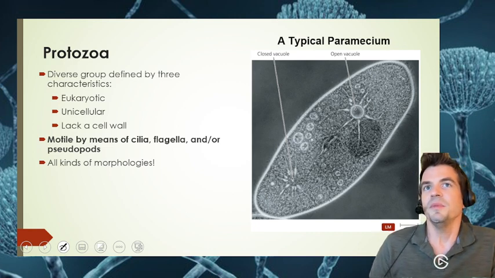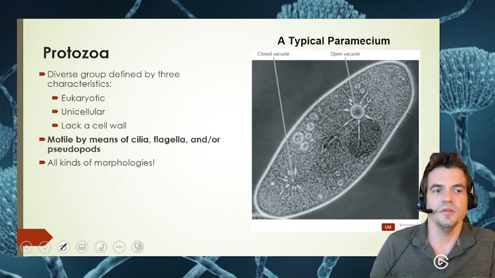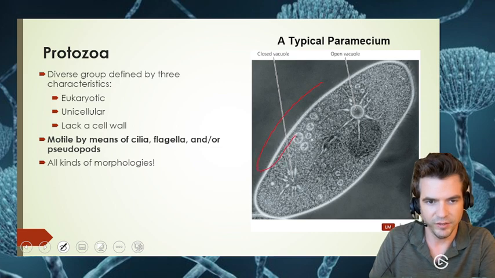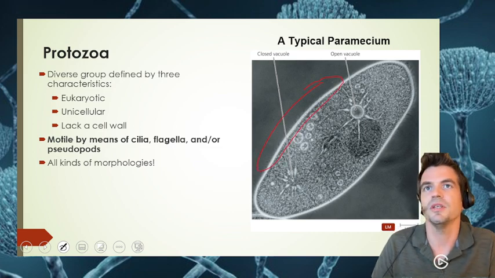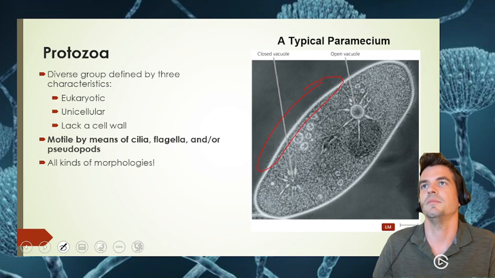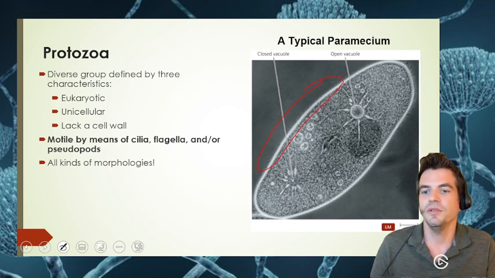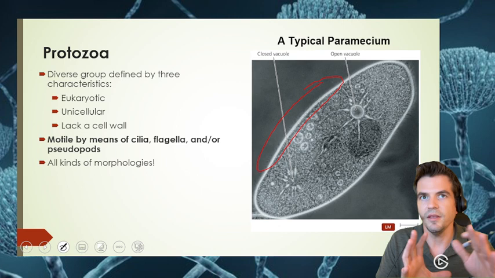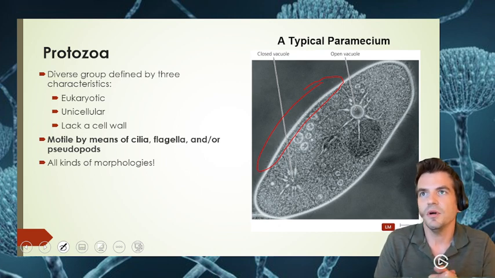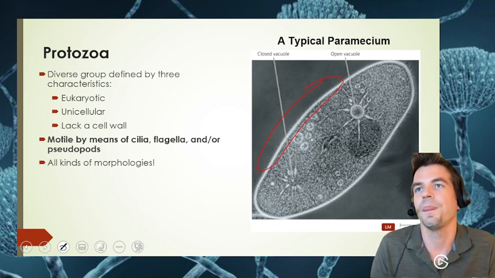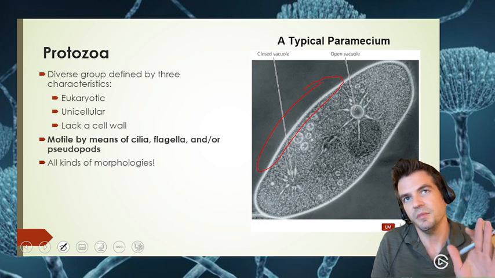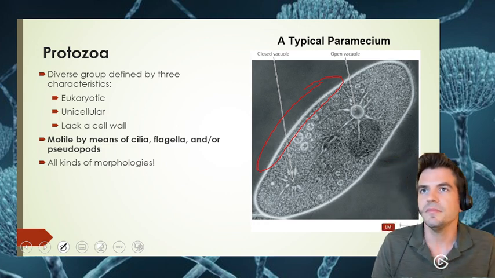This is a typical paramecium, and you will note the cilia all along here, the little hairs along its body. They move to let it have motility that we discussed in our motility lab. They are eukaryotic, unicellular, and they do not have a cell wall. As you can tell, they have a unique shape, but no cell wall keeps that shape. It's just a cell membrane, and on the outside of the cell membrane are cilia. Okay,